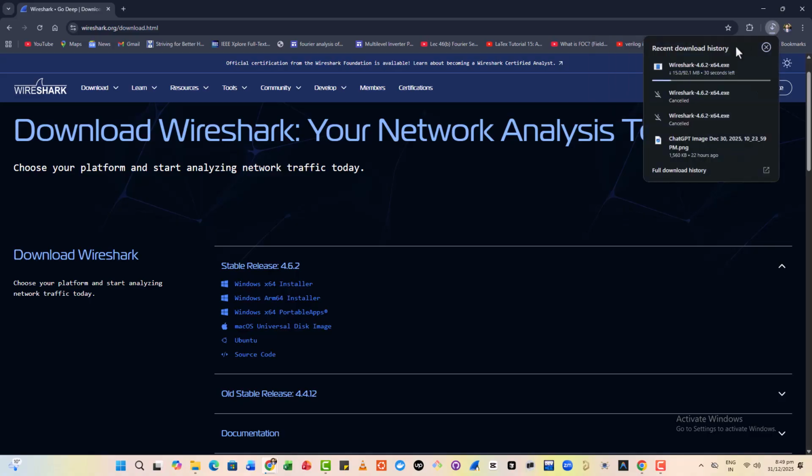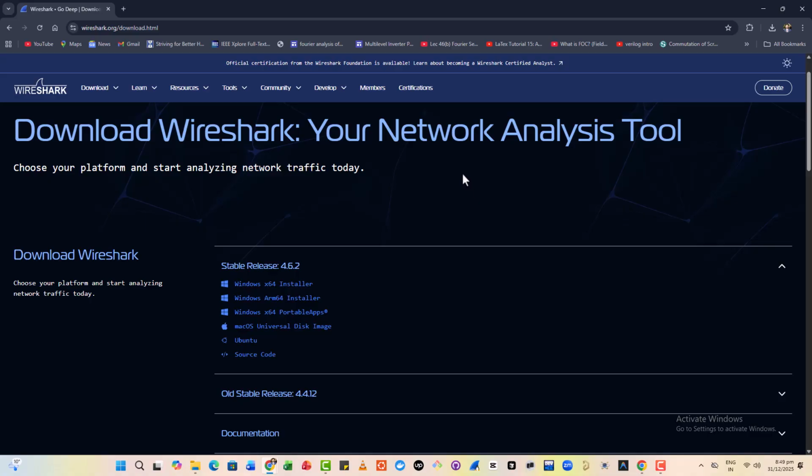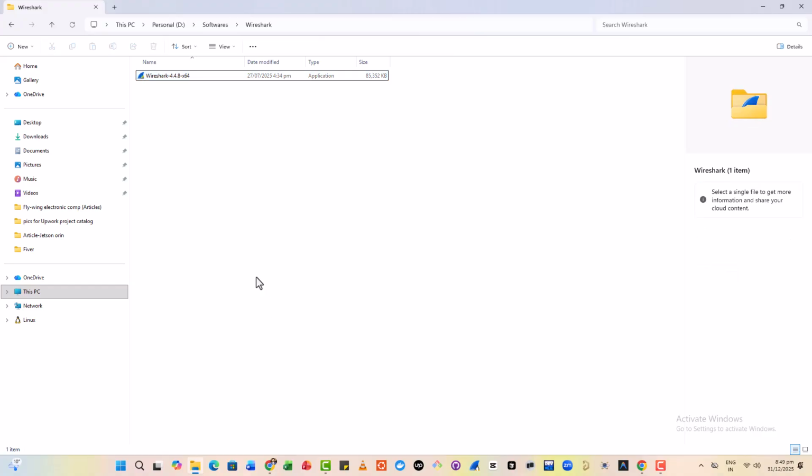So I'm not going to download it again because I have already downloaded this software. So I will just pause it here and cross it, and I will go to the folder where my Wireshark has already been downloaded. So now here you can see that my Wireshark software has been downloaded. So what you need to do is just double click on it and it will take you to the installation guide. Okay, so double click on it